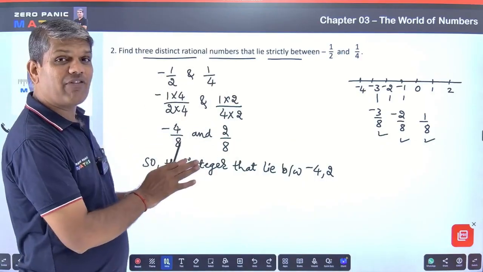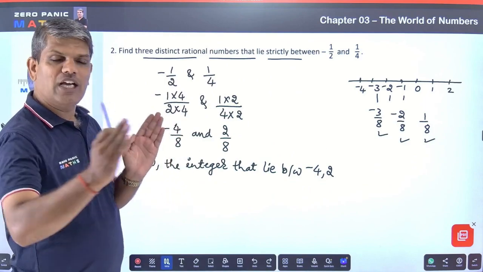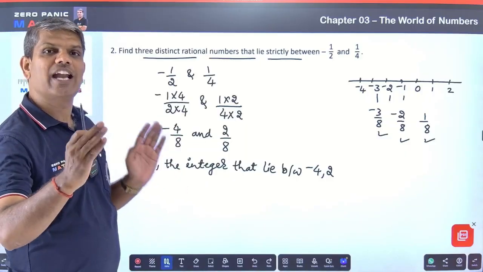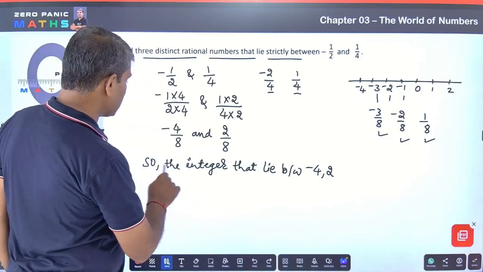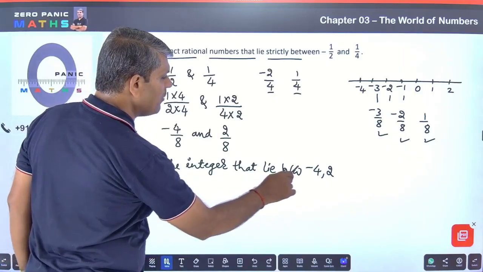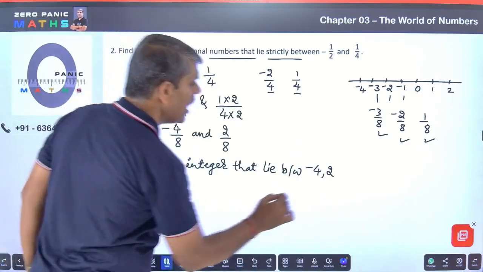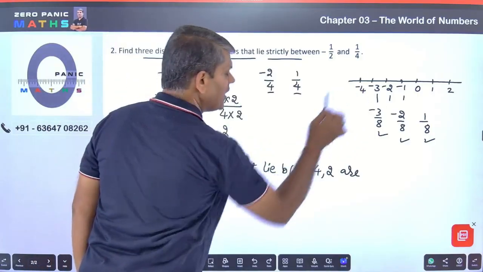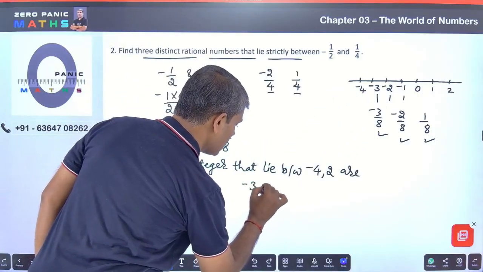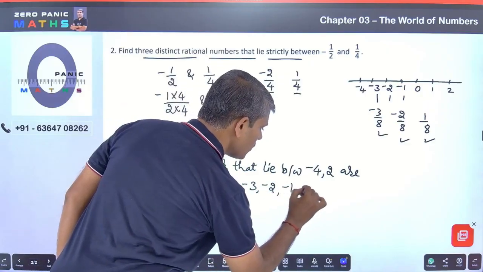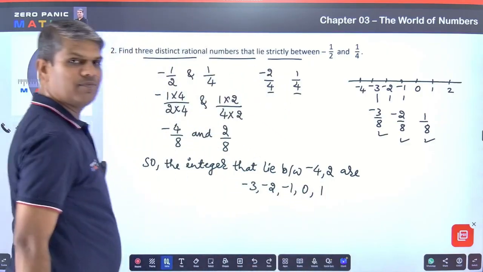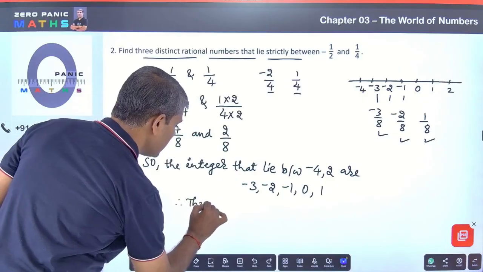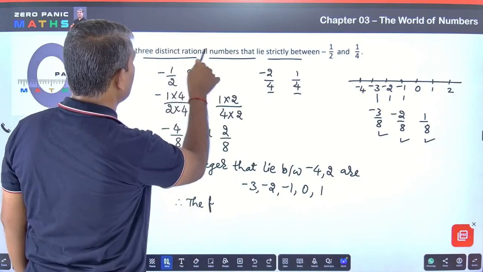So this is another way that you can find any number of rationals between two given rational numbers. Let us write that. The integers that lie between minus 4 and 2 are, what are those? Minus 3, minus 2, minus 1, 0 and 1. So the fractions, or rational numbers,